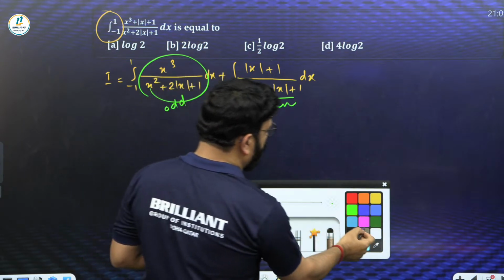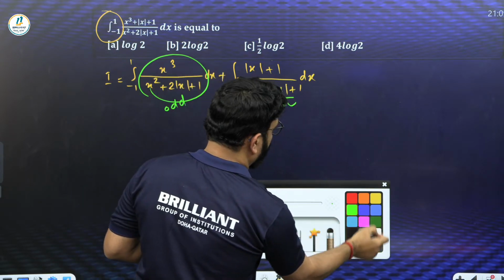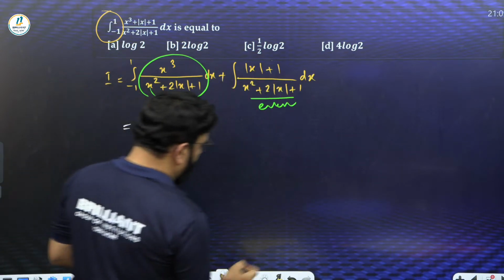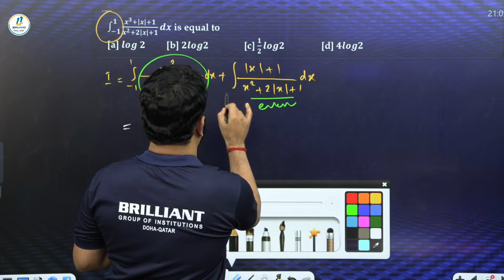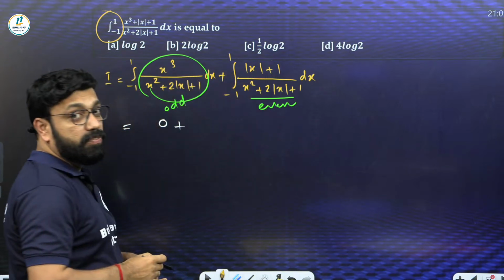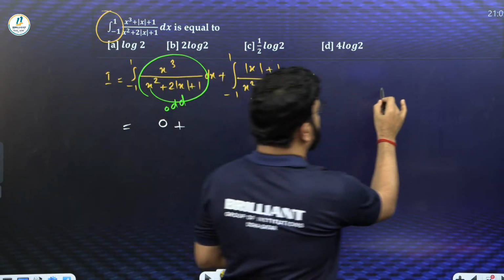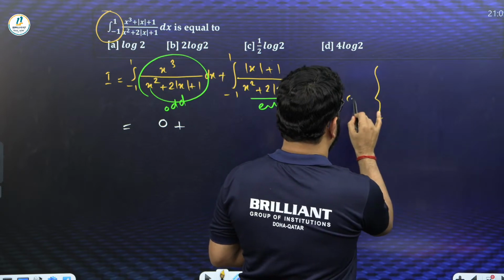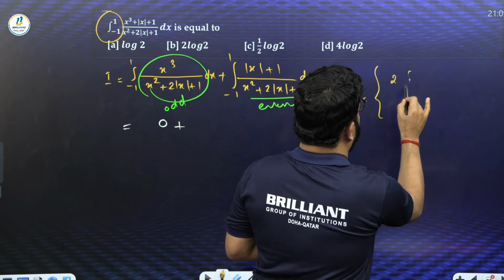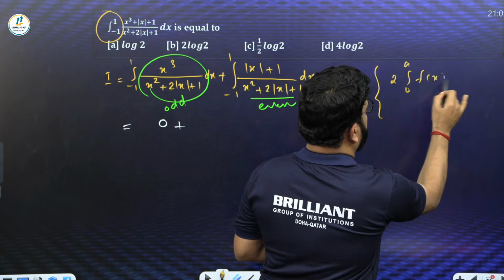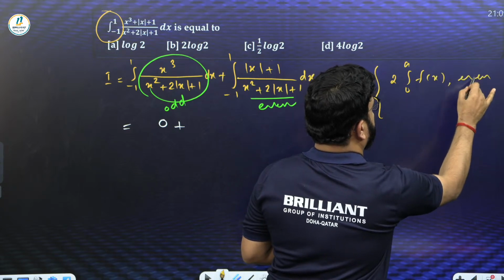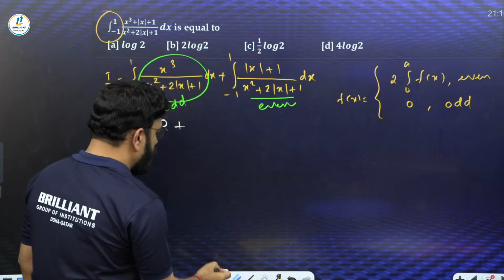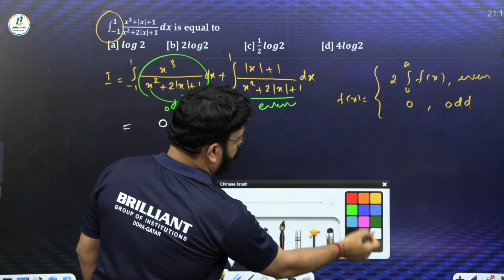Odd function goes to what? Odd function goes directly to 0, plus even function, I forgot to write the limit, minus 1 to 1. Even function goes to what? 2 times of f of x, equal to 2 times of 0 to a f of x. Since I wrote that one even, 0 means it is odd. So 0 plus 2 times of